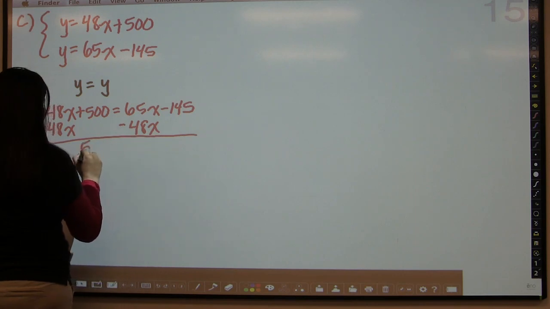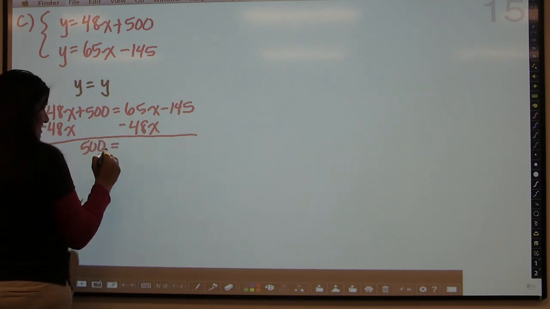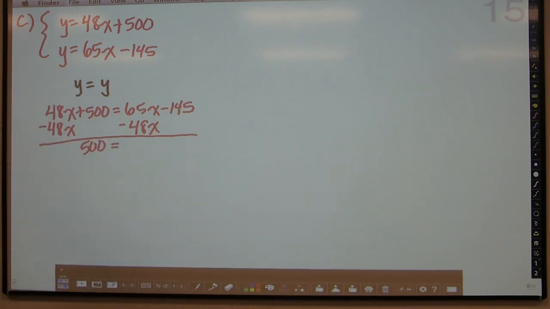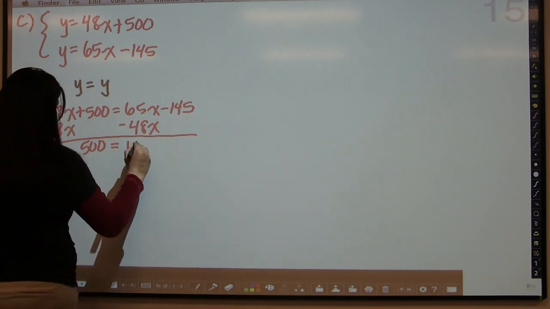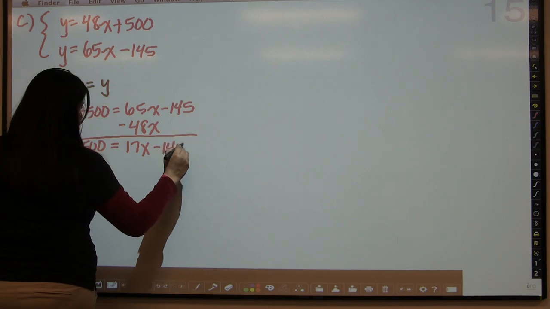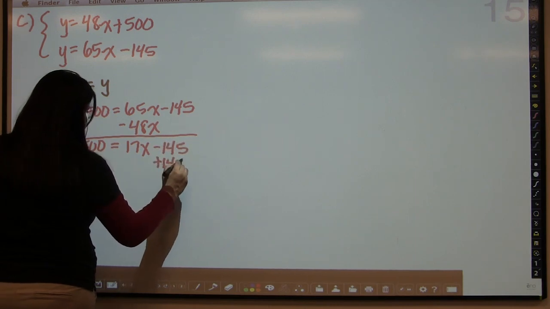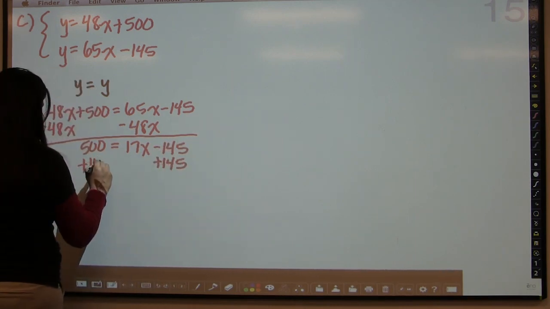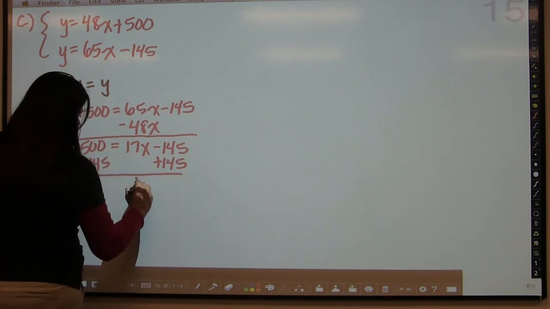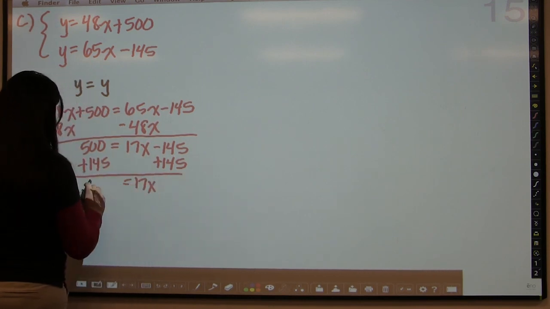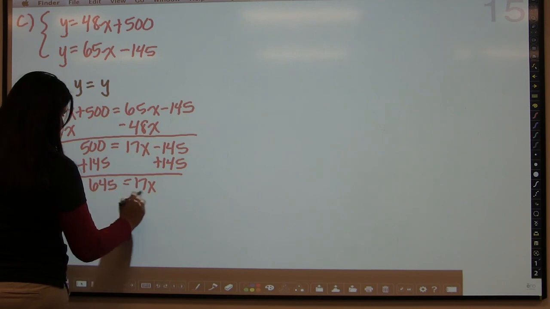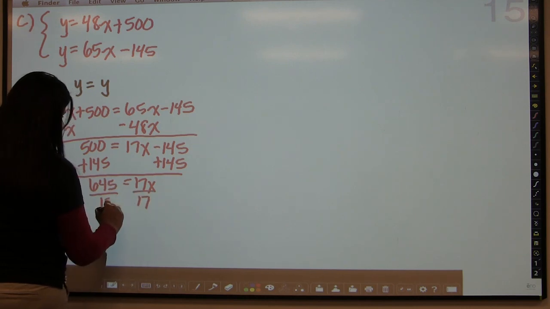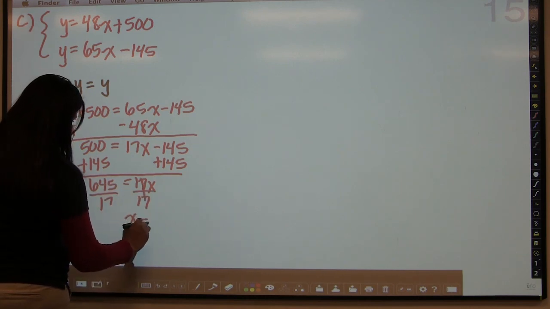It's going to give me 500 equals 65 minus 48, which is 17x minus 145. Then we're going to add the 145 to both sides. And 17x is going to equal 645. Divide that by 17, and x equals